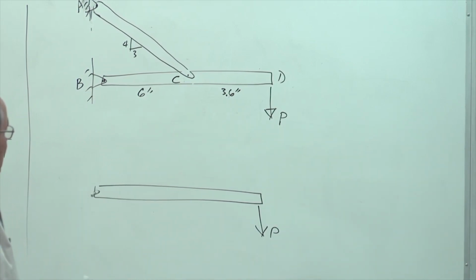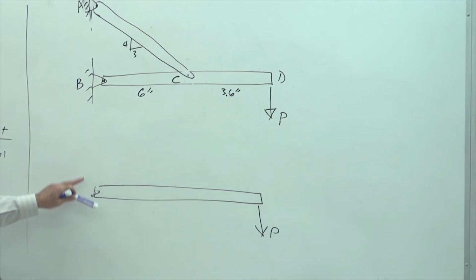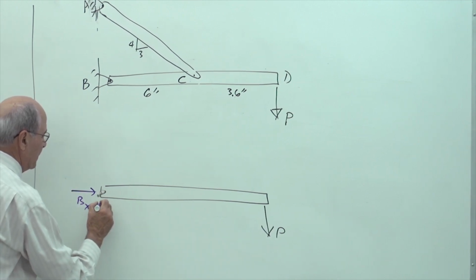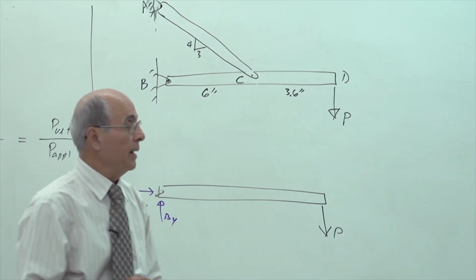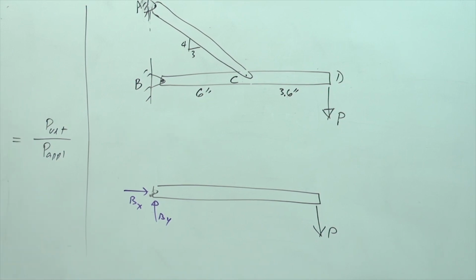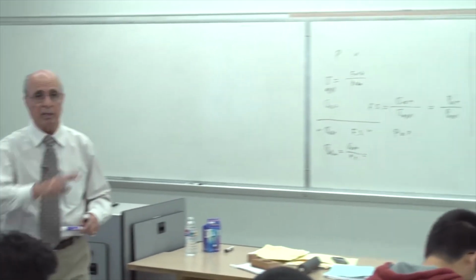However, let's discuss that here. B is a pin, yes or no? So when I take it out, I should put there BX and BY, okay. At C, I have a disconnection too. I should usually put there CX and CY. Of course, that's not the case. If I do that, I have 4 unknowns, so it becomes 1 too many. Of course,